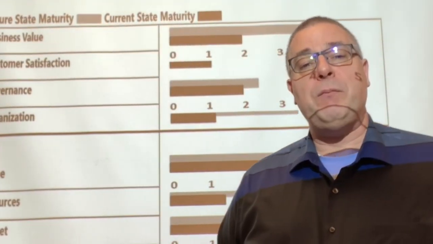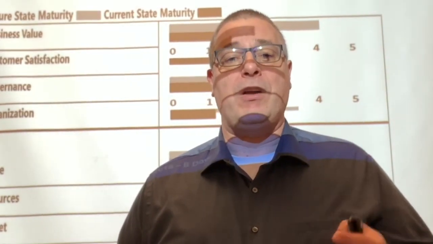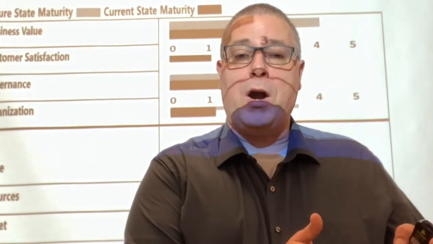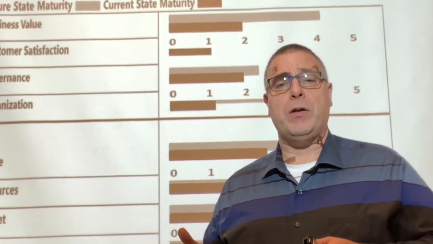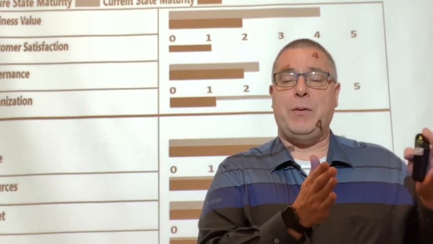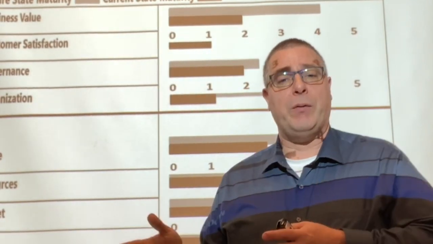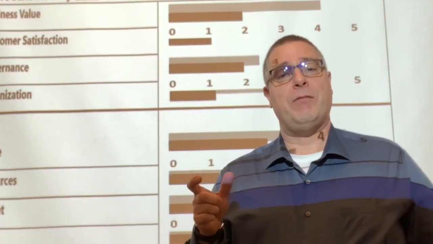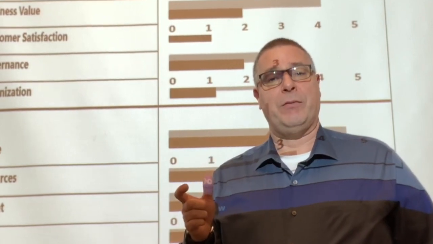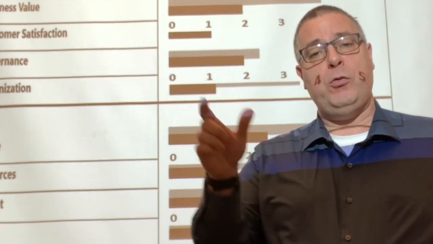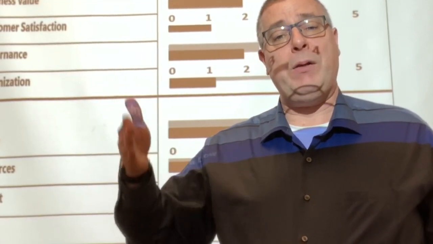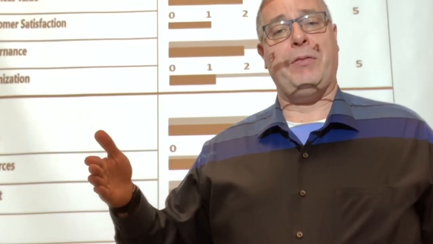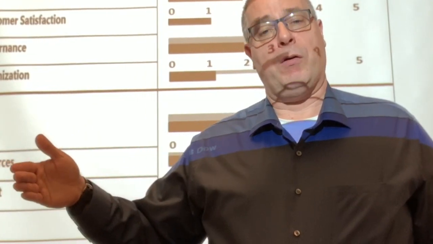So this maturity model really allows and drives the conversations of where you are and where you want to go to. And there's nothing more important than understanding the assessment of where you are from a PMO and where you want to go to, and having that conversation with your executives. Hey, if you want to move from a 2 to a 4, I'm going to need people. Or actually, you know what? We're at a 3 right now, and we're 100% comfortable with that 3. We don't need to move to 4 or 5.